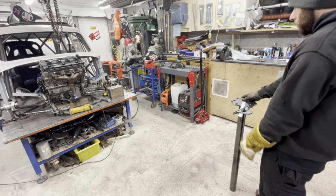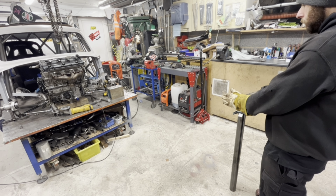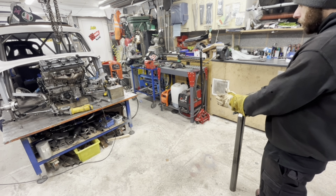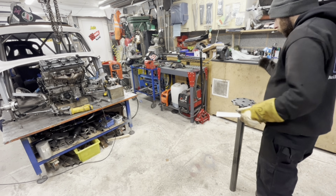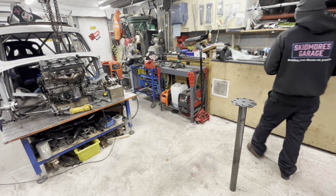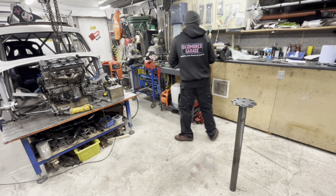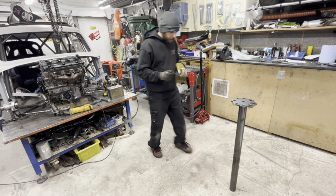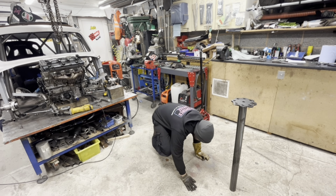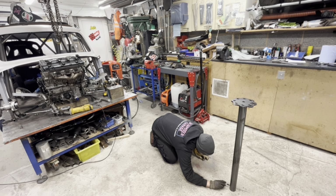Maybe even a bit less. Can you see how anal I am? I think about there. Right? So now what we need to do is mark our position for square. The plate is square with the floor. So if I put a mark there,